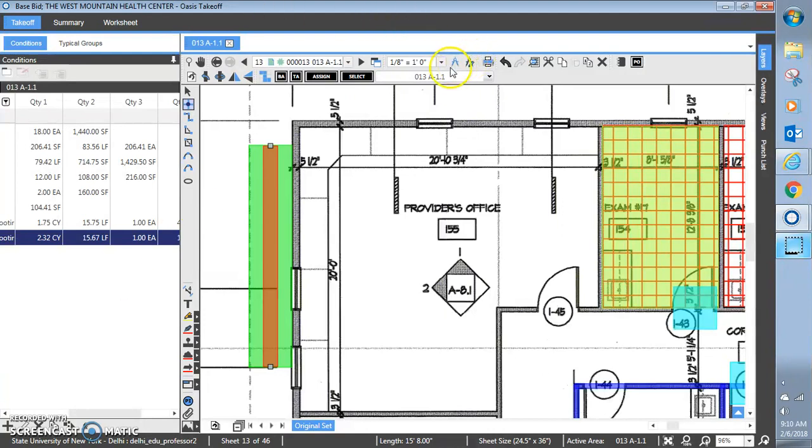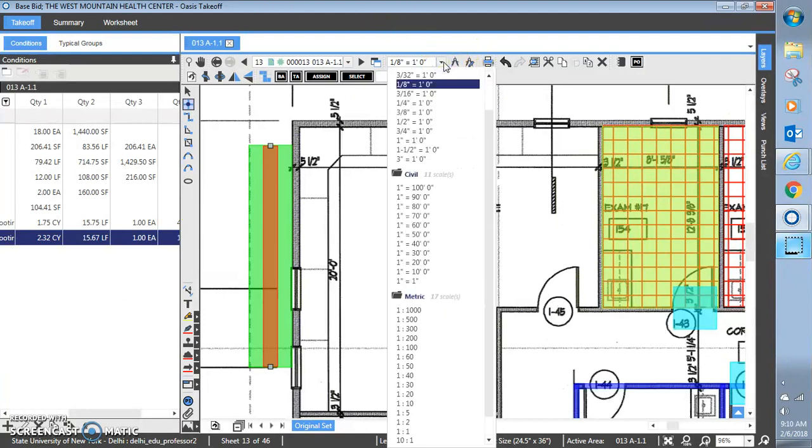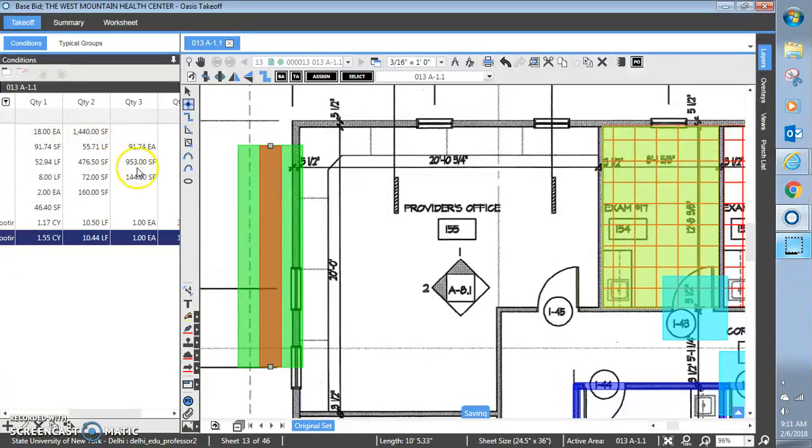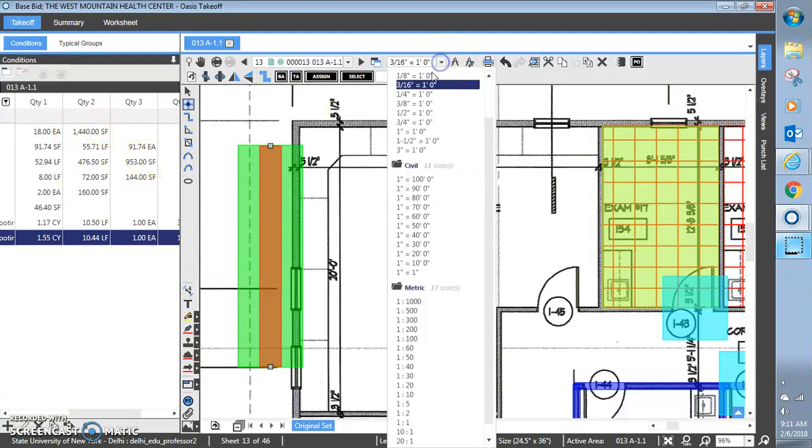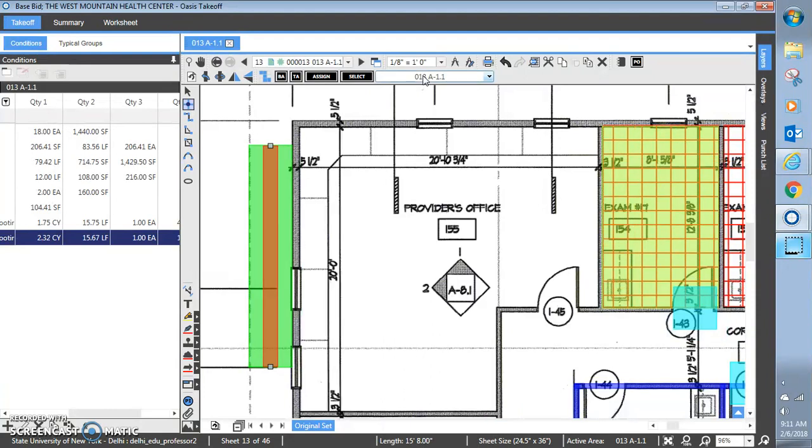If you were to select the wrong scale on a drawing and you did a whole bunch of takeoff, you can just change the scale, and you watch the numbers, they automatically recalculate. You don't have to redo your takeoff. You just have to make sure that you catch that error before you